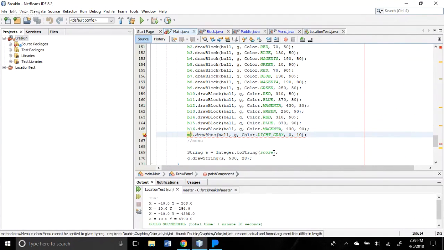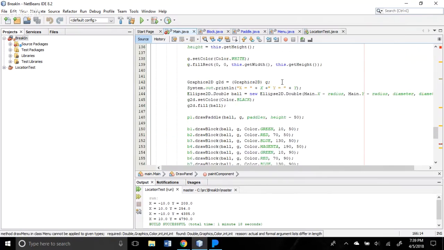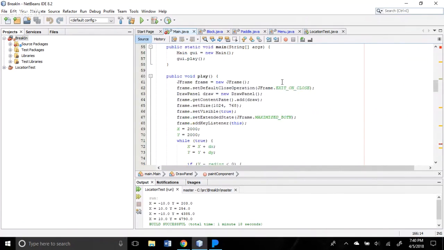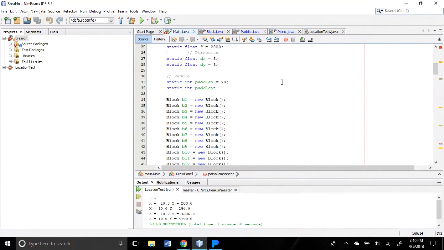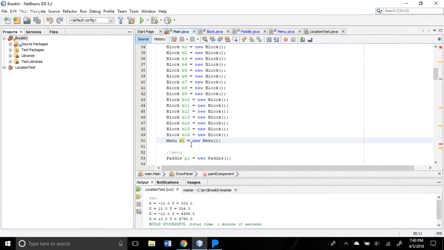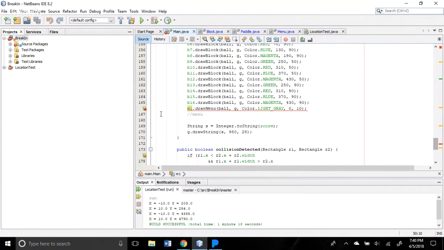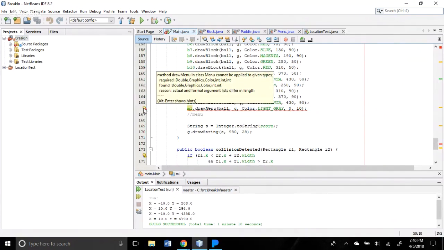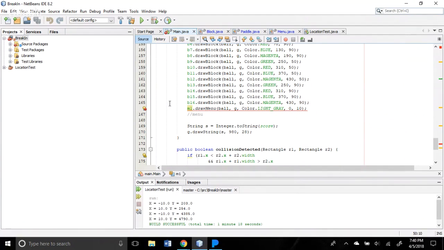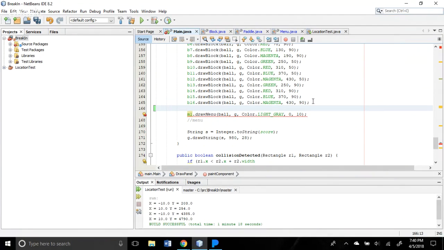Yeah, go up a little bit and see if M1 was declared. Go a little bit more. Oh, right here. Right, it's got to be in play probably. No. Menu M1, there it is. What's the problem? I don't know. Okay, go to the line above it. The line after 165, after the semicolon, and hit return. Insert. Yeah, enter. Yeah, type M1